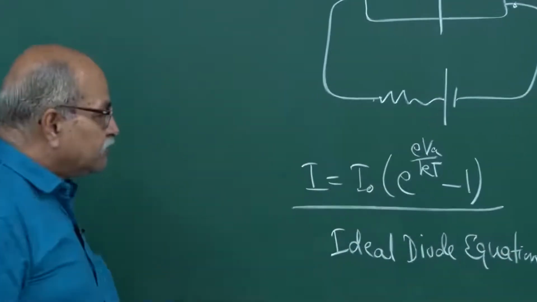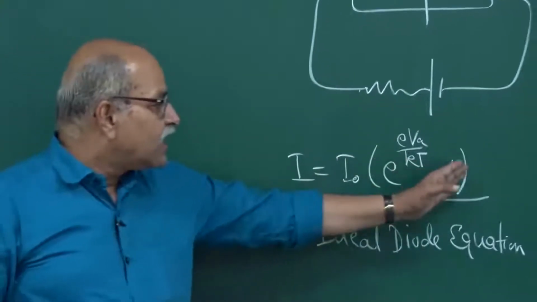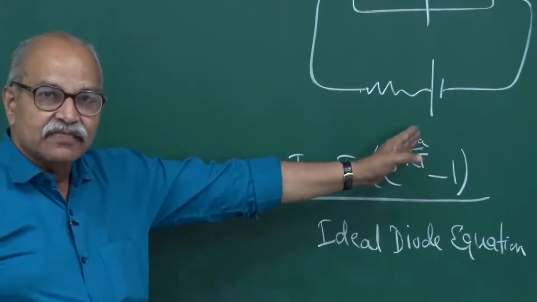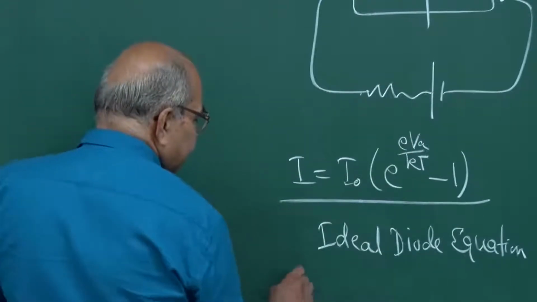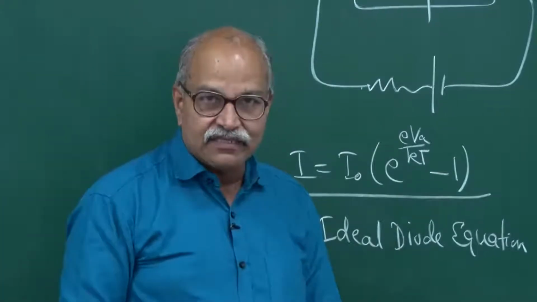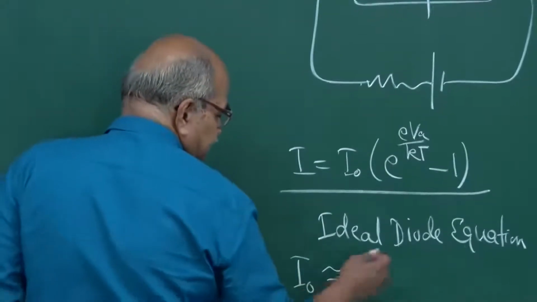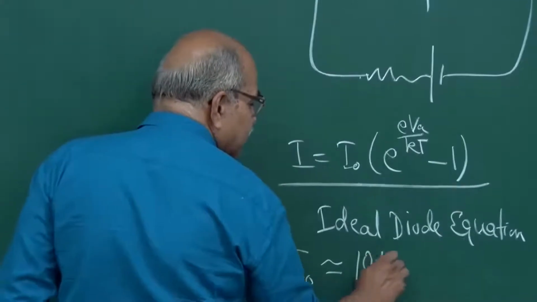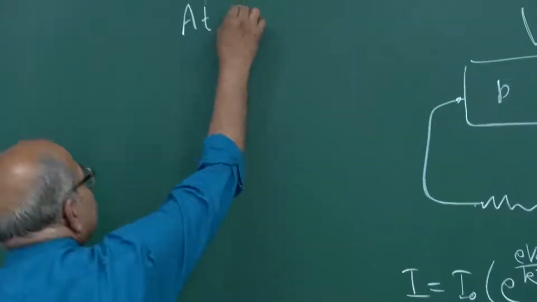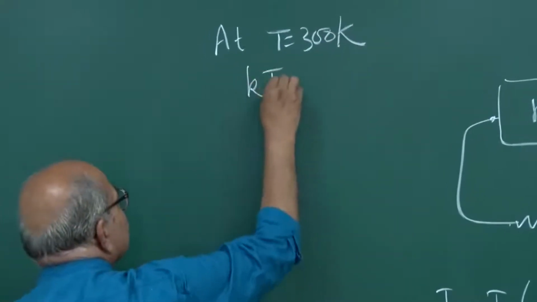Now, before proceeding further, let me just give numerical values of this quantity for different values of applied voltage. This I naught, which is the diffusion current and the same as drift current if there is no biasing, is typically say a few microamperes. So, let us say 10 microampere, and at room temperature, at T equal to let us say 300 K, this kT is